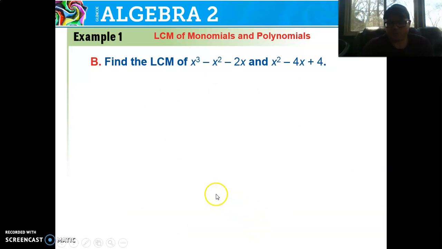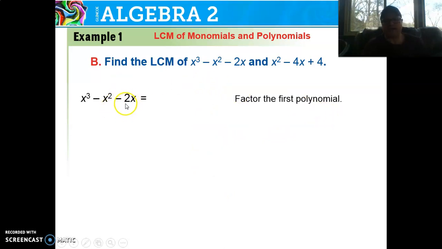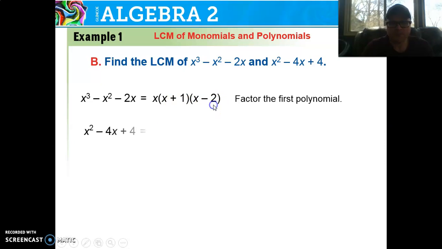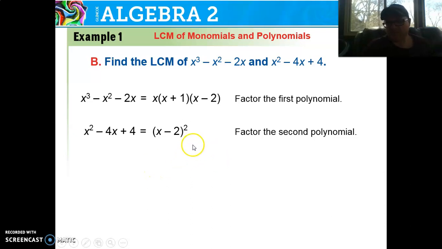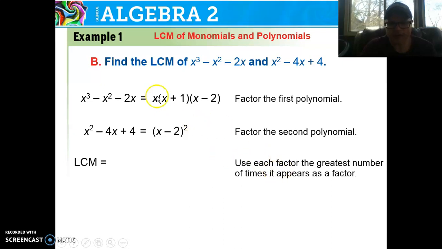Whenever we do this with polynomials, we want to, again, start by factoring each expression. X to the third minus x squared minus 2x, we can take out an x and then factor the leftover quadratic into x plus 1 times x minus 2. For x squared minus 4x plus 4, we can factor that into x minus 2 times x minus 2, or x minus 2 squared. Now that they're factored, we can just write each term the greatest number of times it